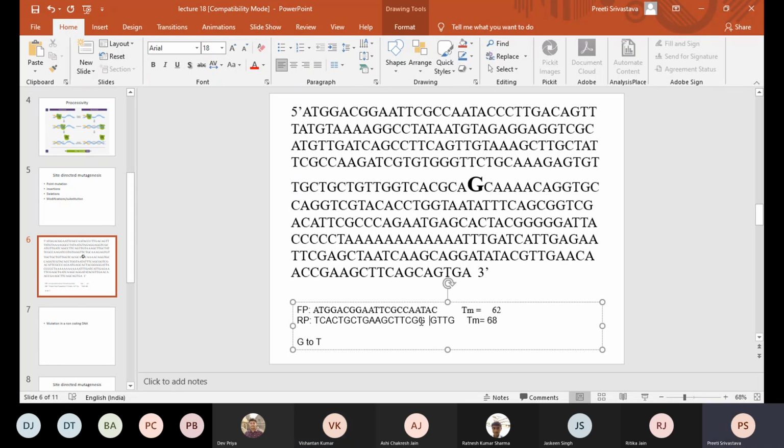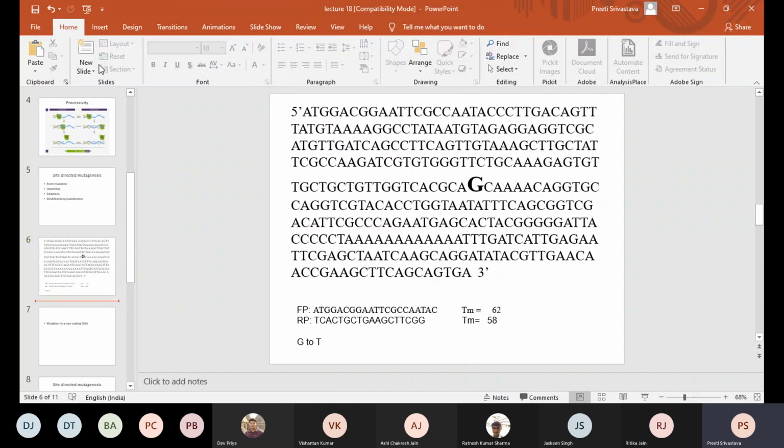So I have added one more G. Now is it better? Yes, ma'am. 58. So that would be within the range. Okay. So class, did you notice this? That the difference also you need to take care. It has to be within the range of 5 degrees, right? And so in this case, the annealing temperature. So when we write, okay, so maybe I'll insert. You are going to write the PCR program as well.